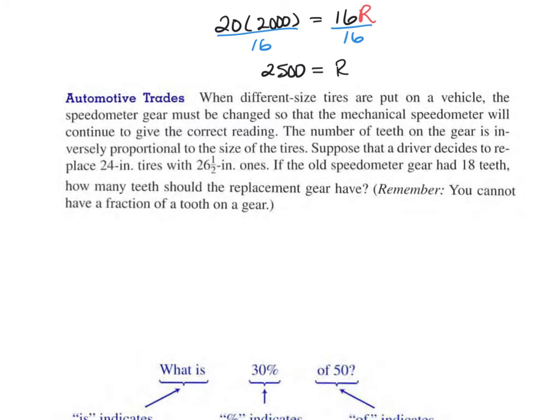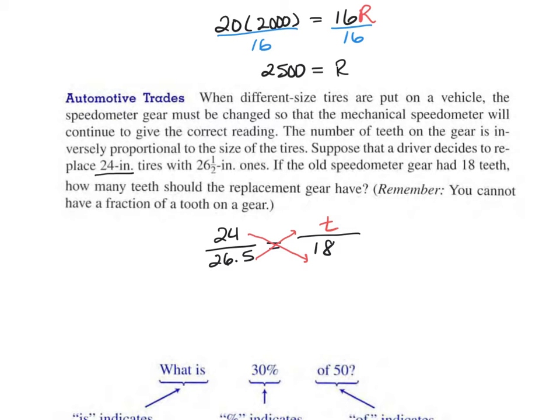Suppose the driver decides to replace the tires with 24-inch tires. So I'm going to put the 24-inch tires here over the 26.5-inch one. So I'm going to do 26.5 as a decimal equivalent. And this is where the inversely proportional comes in. If the old speedometer had 18 teeth, how many should be in the replacement? So they decide to replace the old, which is 24. The 24 and the 18 need to be opposite each other. And then the 26.5 and the new, and we'll call this T, need to be opposite each other diagonally,